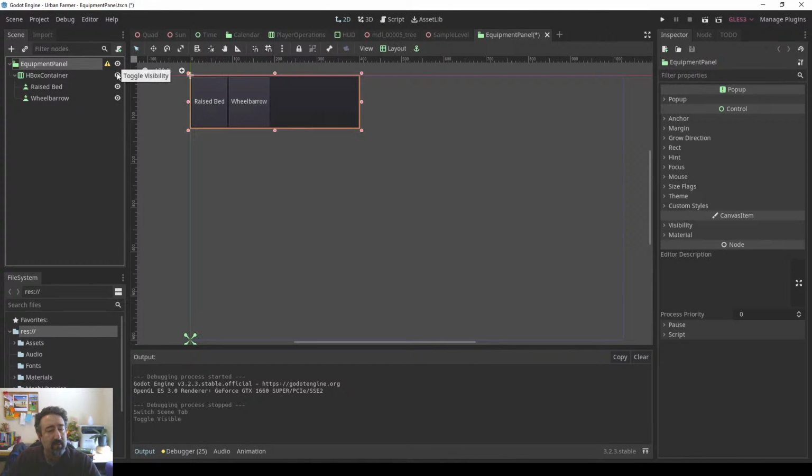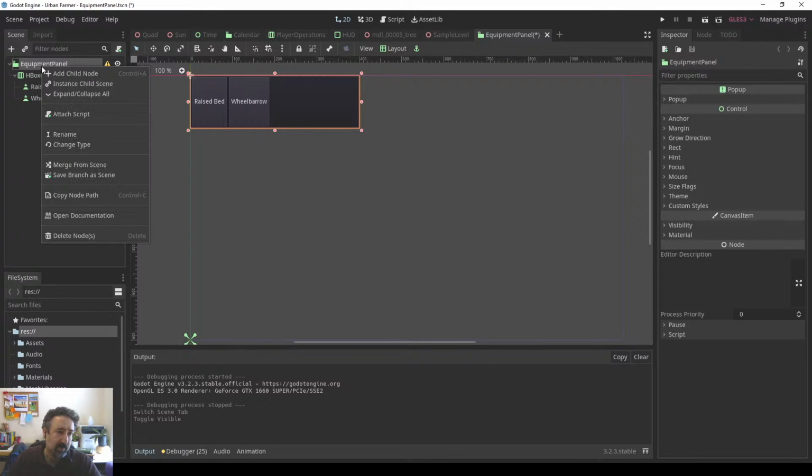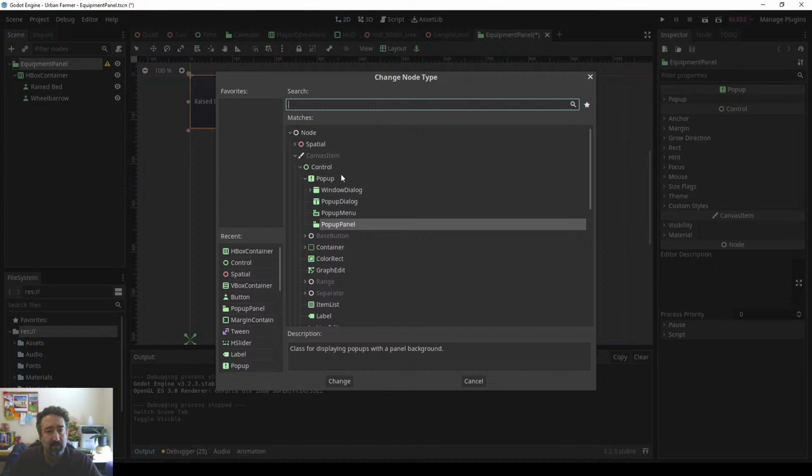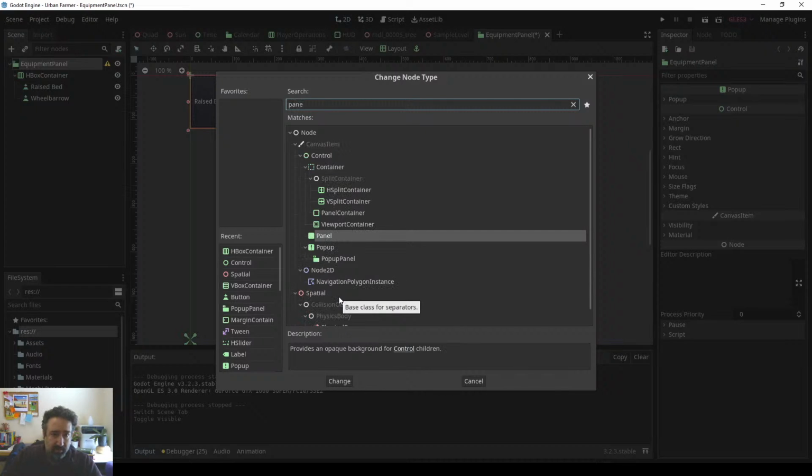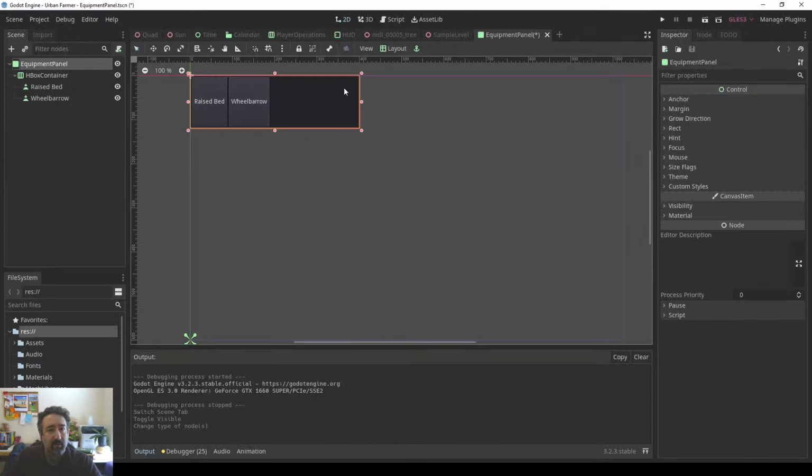Right now, this could just be a panel, so that way we are not going to use the pop-up method. Let's change the type from pop-up panel to just a panel. It will keep its background. It's fine. We are going to do this for